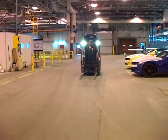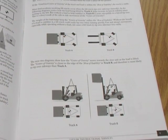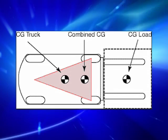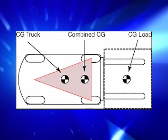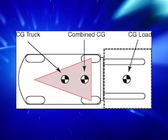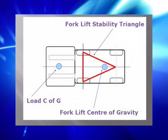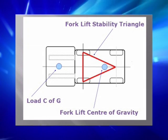Do not exceed the maximum capacity of the forklift and be familiar with the balance characteristics of your forklift when carrying a load. Almost all counterbalance powered industrial trucks are supported at 3 points. This is true even when the vehicle has 4 wheels. The truck's steer axle is attached to the truck by a pivot pin in the axle's center. When this point is connected to the front wheels with imaginary lines, this 3-point support forms a triangle called the